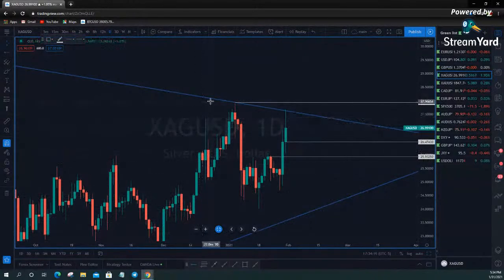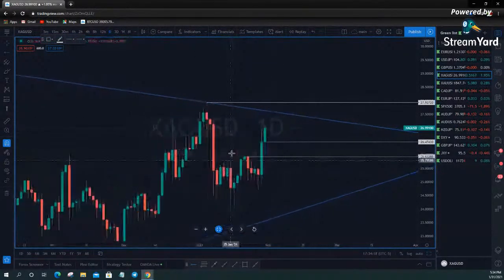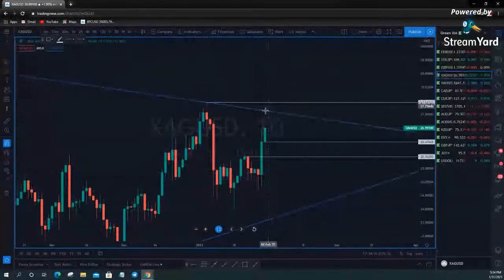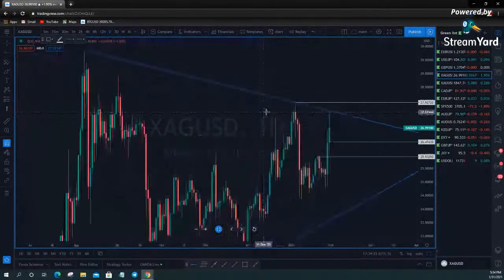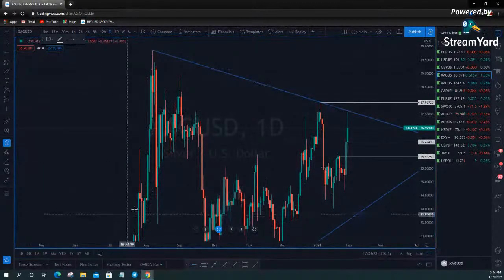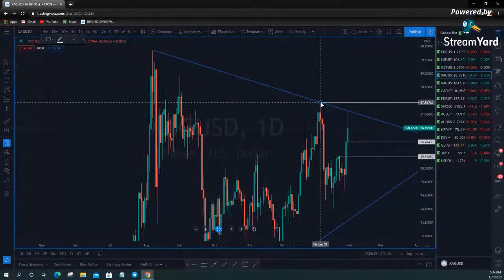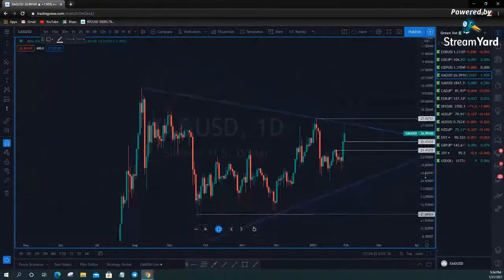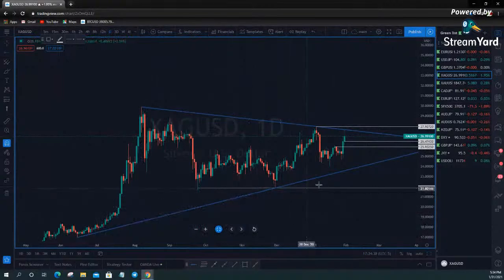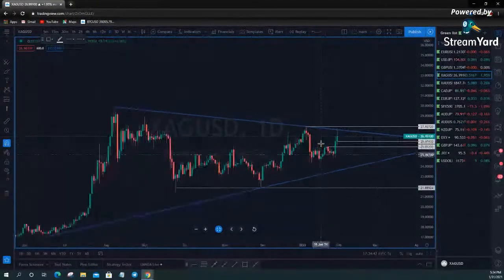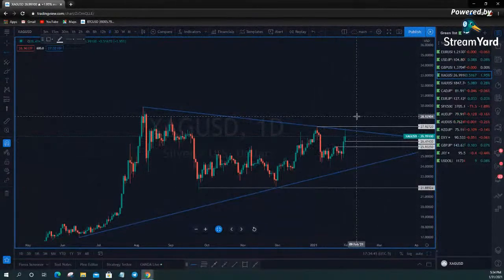All right. So basically on silver, what we're looking for is it looks nice and strong. We did get a resistance test of this area here, this descending trend line that I took from this high when gold was on that fantastic run. I just took it from that high to this high here. We had a nice sell off, but as you can see with this lower trend line coming up underneath of it, it is forming a symmetrical triangle type of pattern. So basically we want to see this break out to the upside or to the downside. It just depends on what you are. I am currently bullish on this.